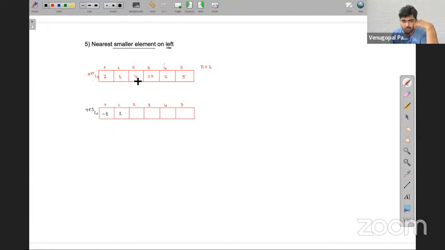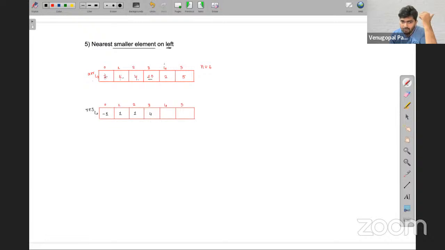Next element will be 4. On its left hand side, there are 2 elements. Among these, which one is small? One is small, therefore I'm going to take that element. Next element is 10. To its left side, total 3 elements are there. All 3 are smaller compared to 10, but who is closer? 4 is closer to 10 in terms of distance, so I'm going to take 4.